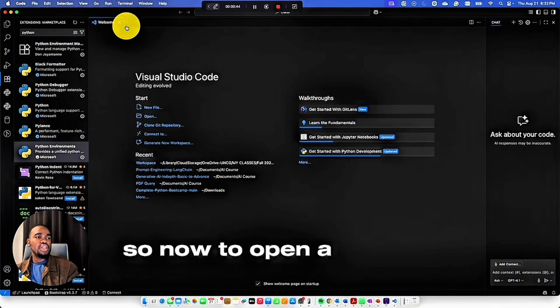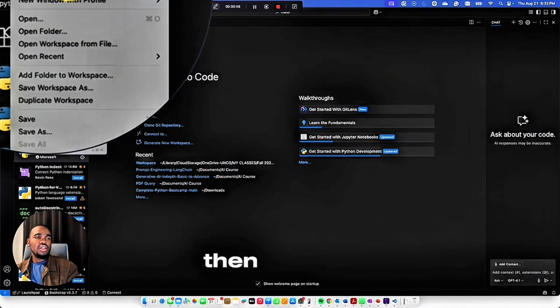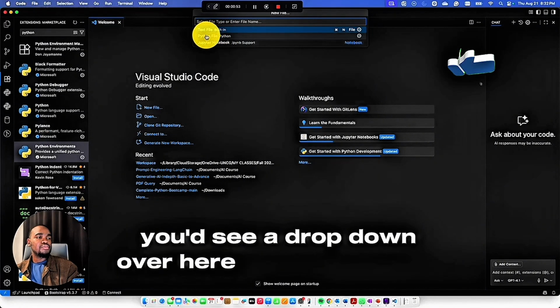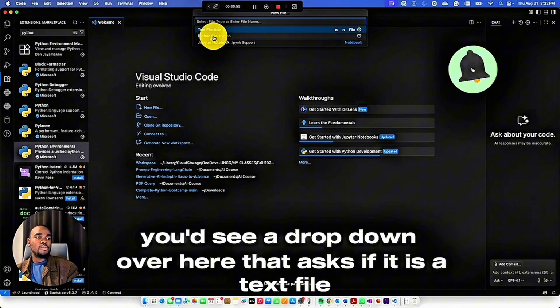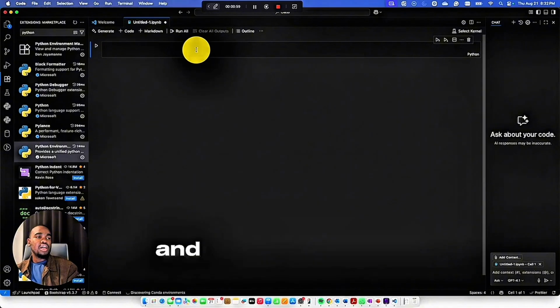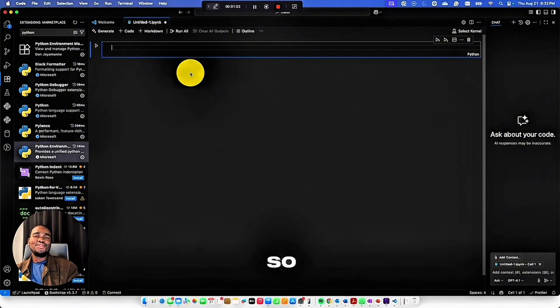Now to open a new file, you can come to File, then New File. You'll see a drop down over here that asks if it is a text file, Python, or Jupyter Notebook. Click on Jupyter Notebook and you would have your notebook started for you. That will get you ready